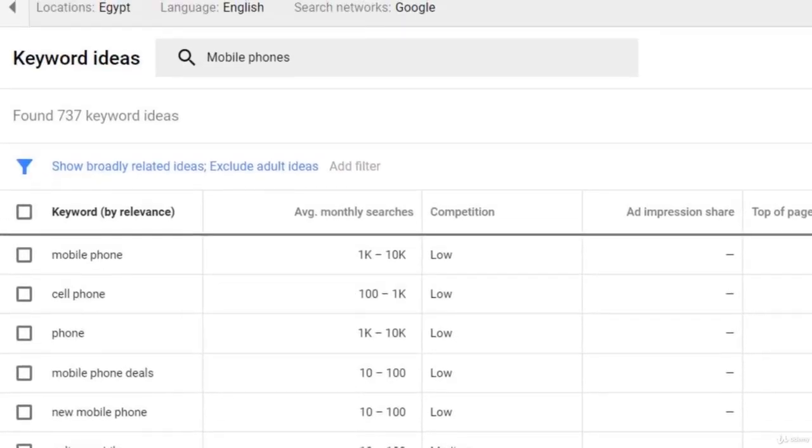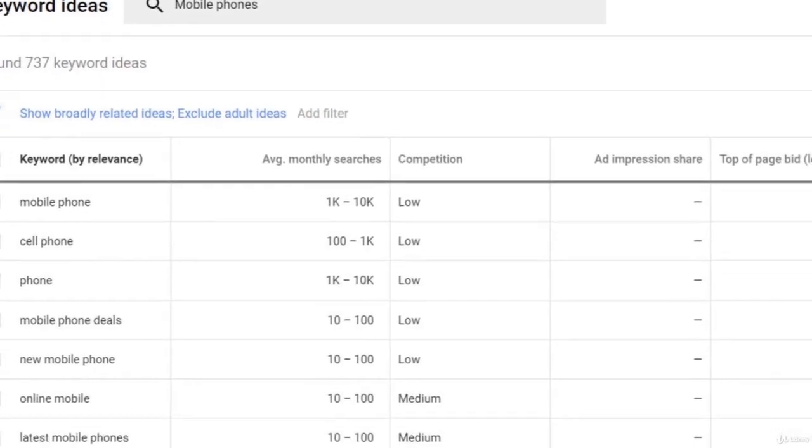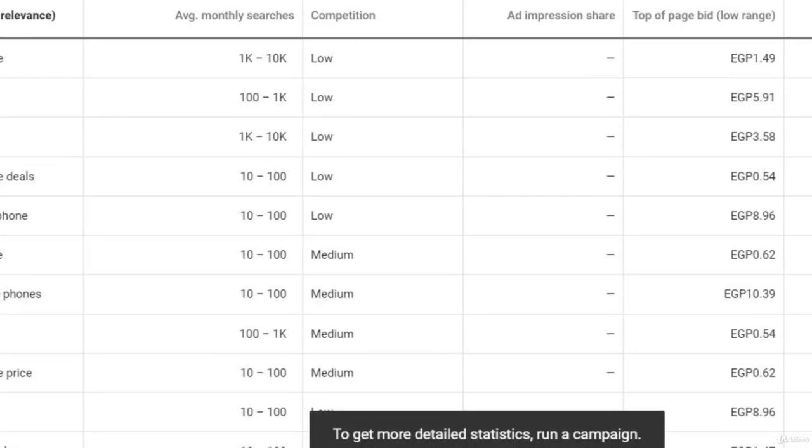But be careful, if we look up there, you'll see the location selected is Egypt. So the searches we're talking about are going to be in Egypt. And then you have whether this keyword is of high competition or low competition. Remember? These were the ones determining the amount of websites using it, and whether they're famous or not. And as we said before, it's always better to start with low competition keywords.